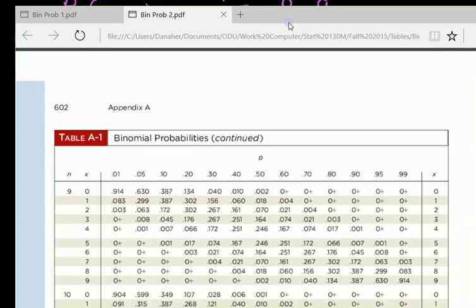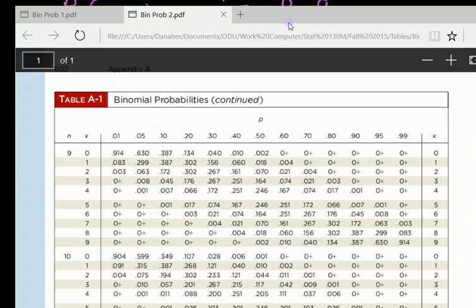Now, there'll be many situations where you will want to know the probability that x is equal to some number that's not here, right? Or you'll be interested in a probability of success that's not listed. That's usually the case. So you can only use this table in certain situations. Turns out that for our problem, we could use this table because